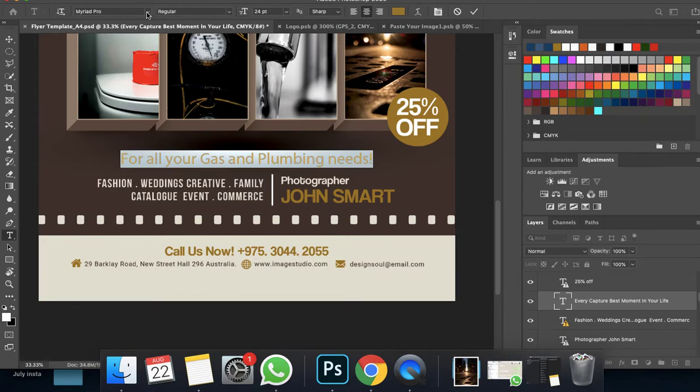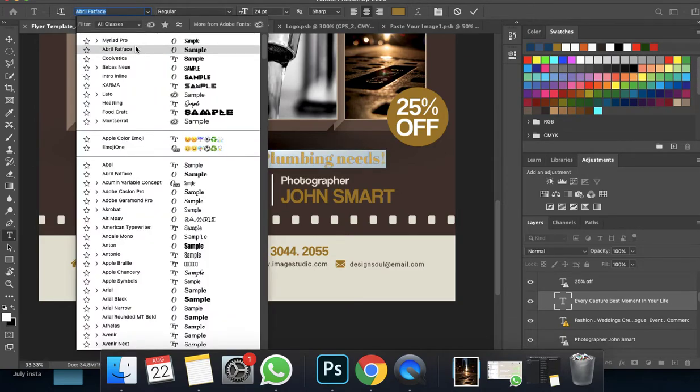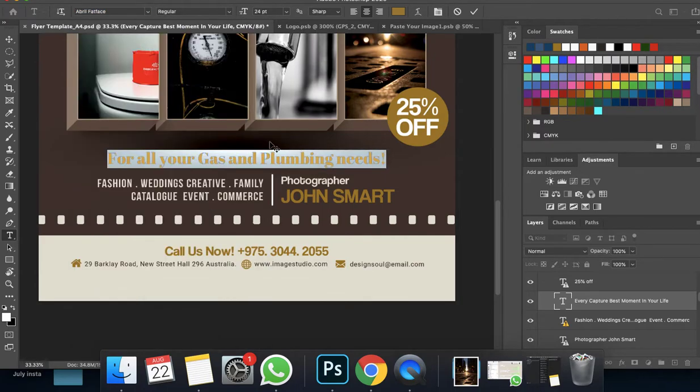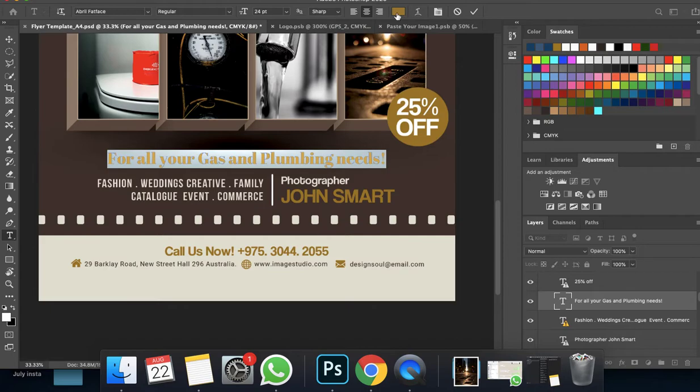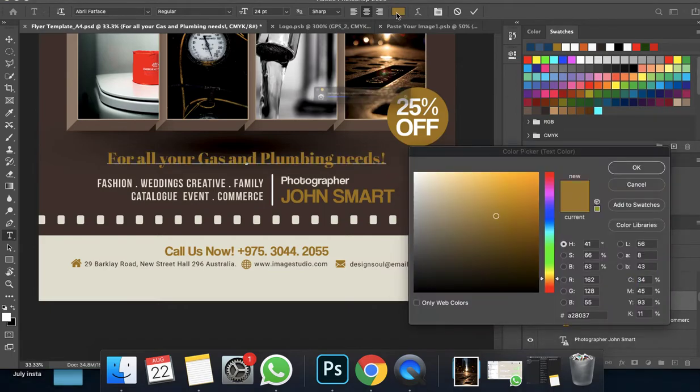I want it to be a better text. I typically use a Beaver's New, but I'm not going to use Beaver's New for this. And I think I want to keep that color. I was hoping to use white, so I'm just going to click on the color picker again, and then